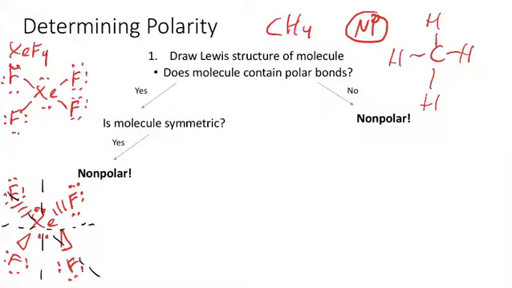And if the molecule is symmetric, then the molecule, even though it has polar bonds, is said to be a non-polar molecule. So again, for the second time, both in methane and now in xenon tetrafluoride, we hit non-polar molecules. Well, certainly there must be a polar molecule out there somewhere. Let's try one more example, and that is ammonia,